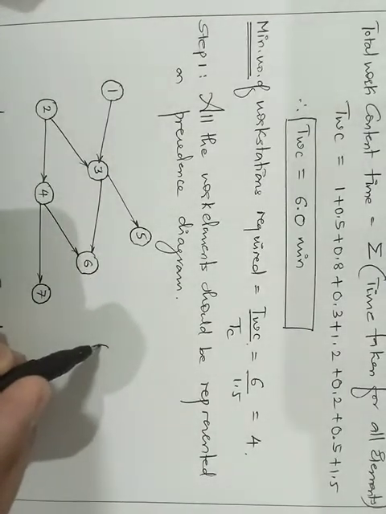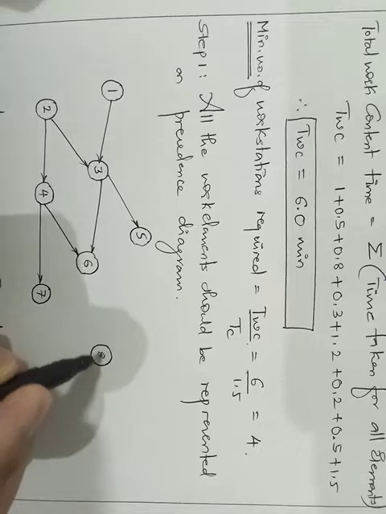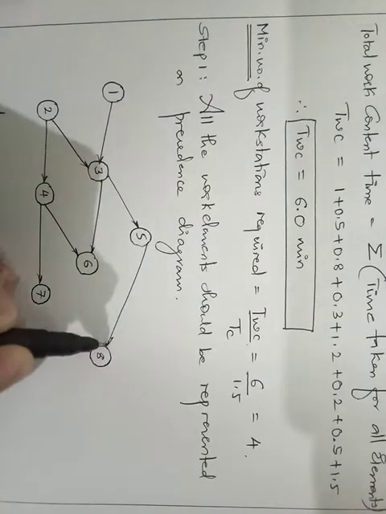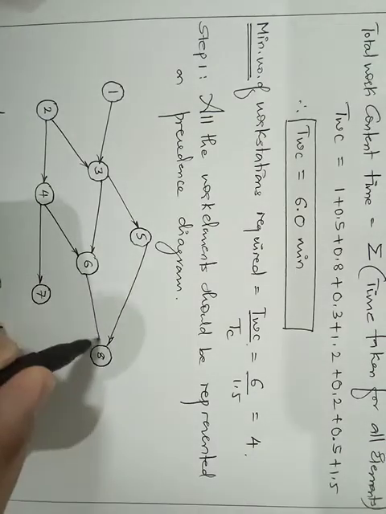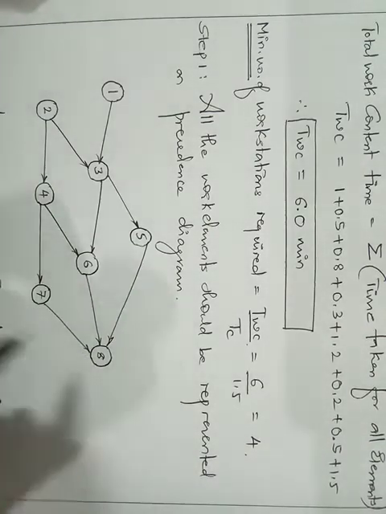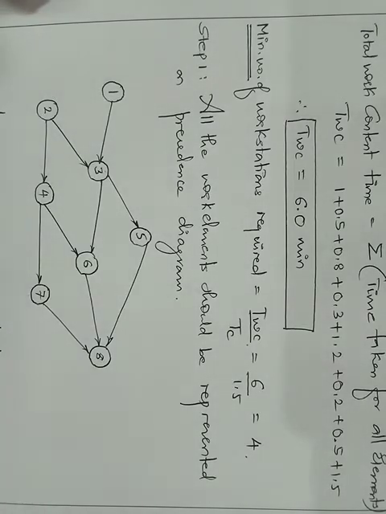So your work element number 8 should come at last, such that it is preceded by 5, 6, 7. This diagram, which I have constructed from the data given in the table, we call it